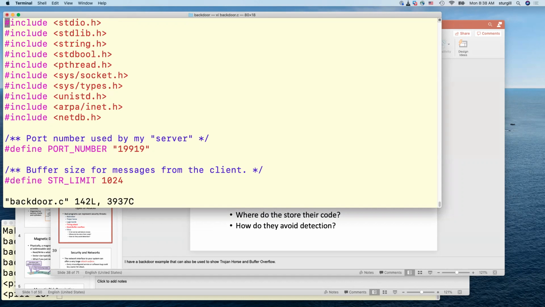Like if I was writing a server, like one of those TCP servers that we wrote on homework assignment 5, but I deliberately put in some code that I could use to gain access to any system that's running this server. So let's say a company hires me to write a couple of servers for them, and I hide some code in that server with a plan that even when I'm not working for that company, or if I don't have the same permissions as the server, maybe that hidden code would let me gain access to data that I shouldn't have, even if the code I wrote should have access to that. And that's what I hid inside this program.